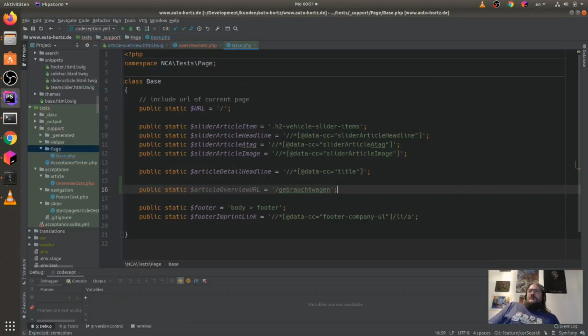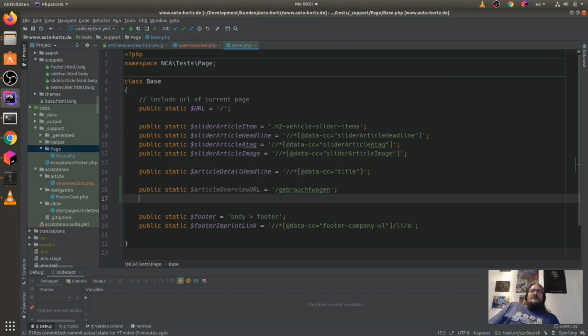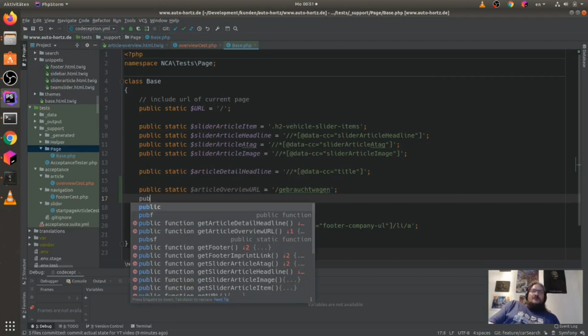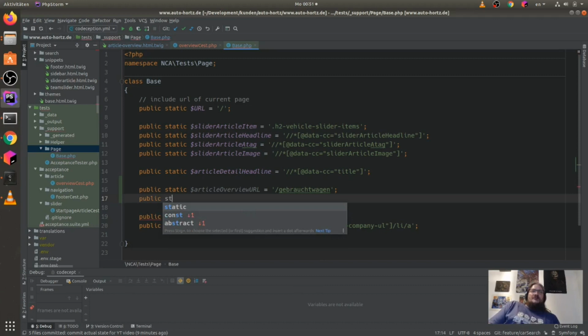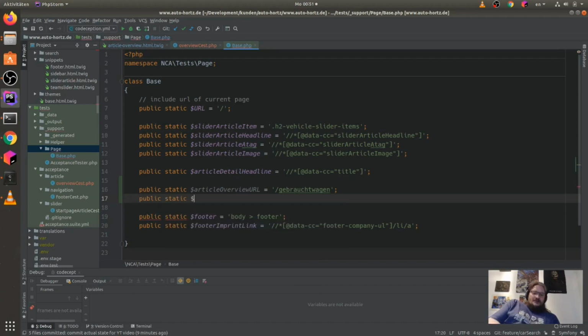And we have here this public static article overview article IDs.